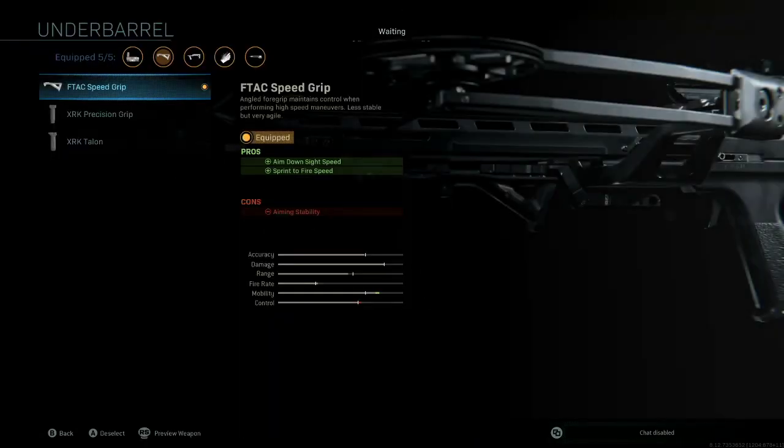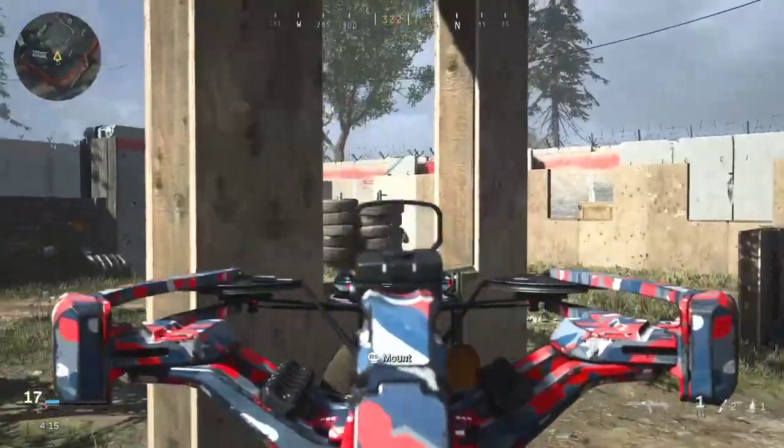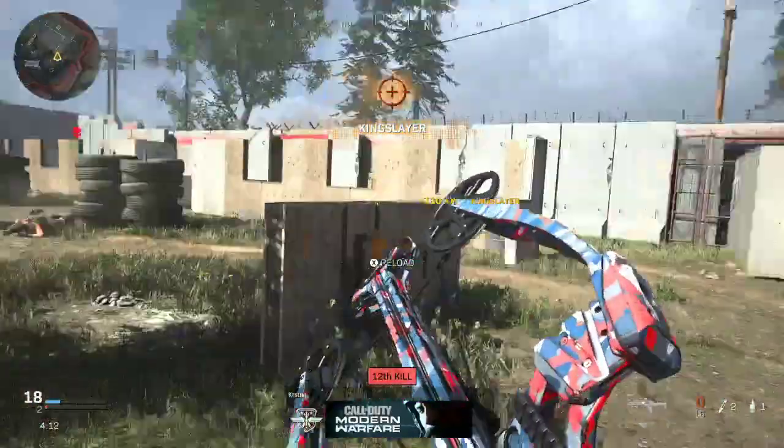And the underbarrel F-Tac speed grip to increase aim down sight speed and sprint to fire speed. This increases your aim down sight speed as much as possible, increasing the mobility quite a bit for the crossbow. Along with the sleight of hand allowing you to reload faster, it makes the crossbow the best it can be in my opinion. So jumping right into some gameplay with the crossbow so you can see this thing in action